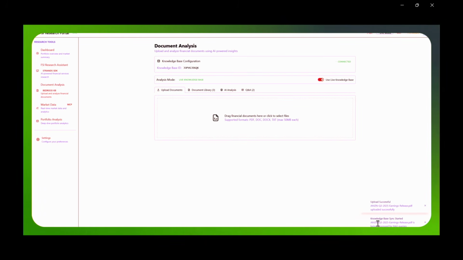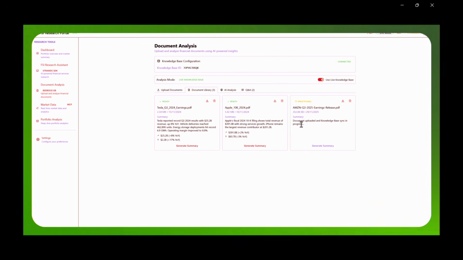So upload is successful, the knowledge base sync has started. It saves the embeddings into OpenSearch Serverless. Bedrock knowledge base here handles the entire RAG pipeline automatically: ingestion, chunking, embedding, and retrieval. So if we check our library now, we can see the third document is uploaded and it's processing. We can generate a summary after it's processed the document. We can then chat with it,